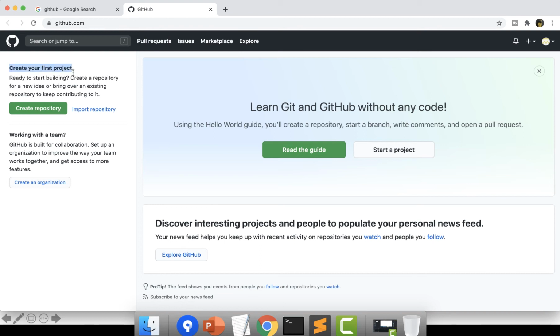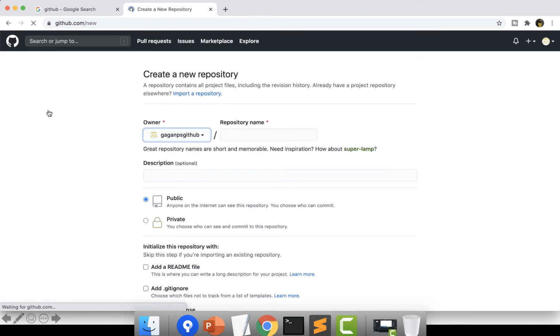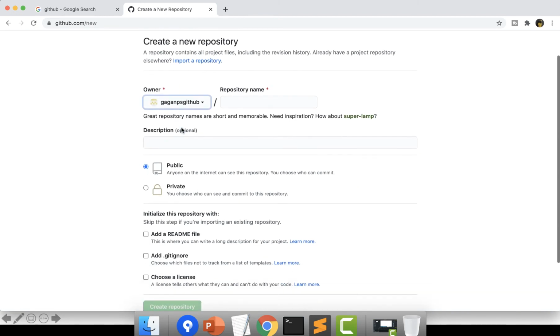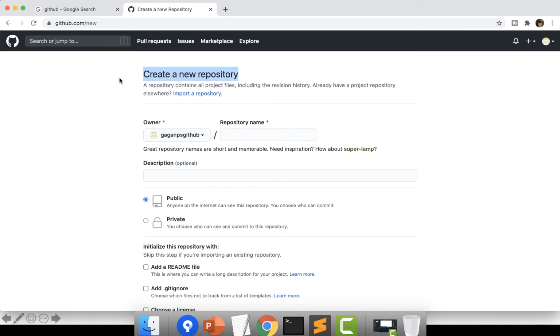Create your first project. You can click on this button, that is create repository. I'll click on it and you can see there are some details displayed over here. It says create a new repository, and then it will ask you the owner. This is my name that I created in the last video, that is Gagan PS GitHub, and the repository name. You have to provide a repository name and it is mandatory. You can type any name. So let's say I'm typing my first repo, and then a description,